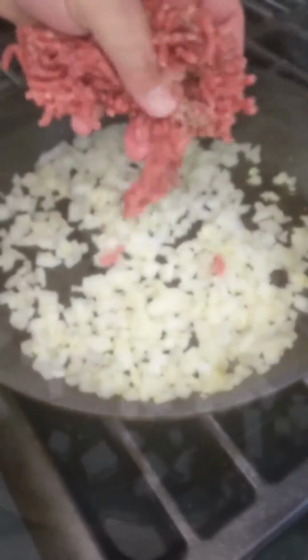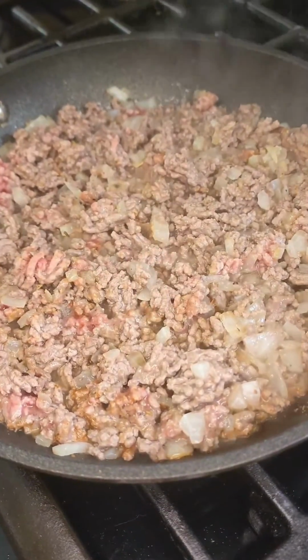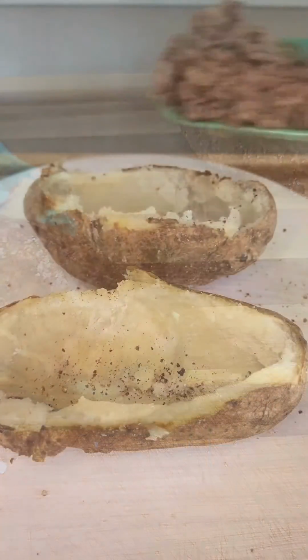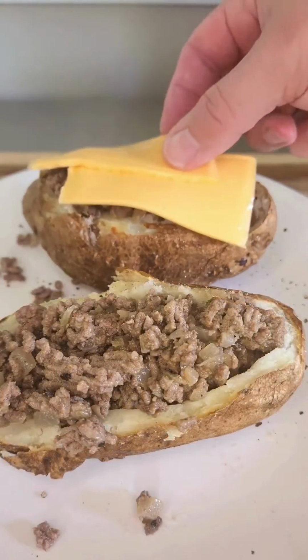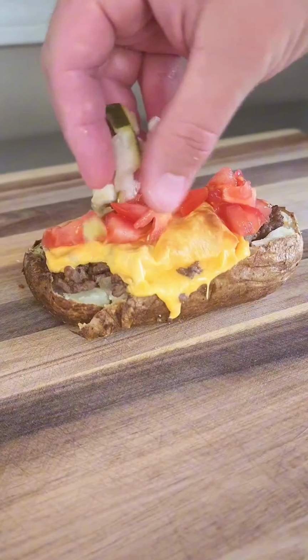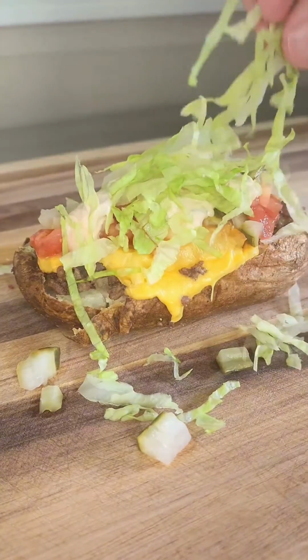We're going to saute up some of those onions, get in that ground beef, season it up, brown it nice and well. When the potatoes are cool enough to handle, slice off the top, go ahead and pull out some of the inside of that potato to make a well, fill it with the ground beef mixture, topped with that classic American cheese, into the air fryer for just a moment to melt it, and top with all your prepped